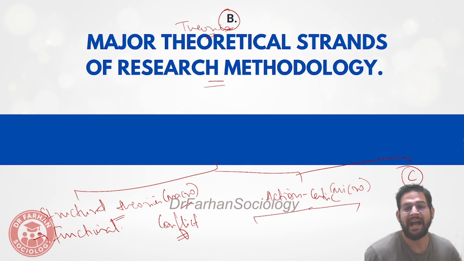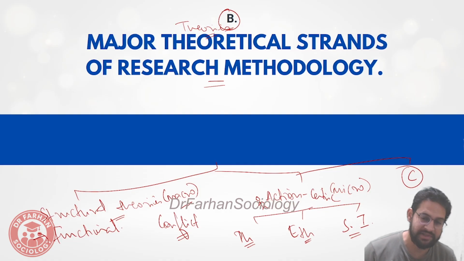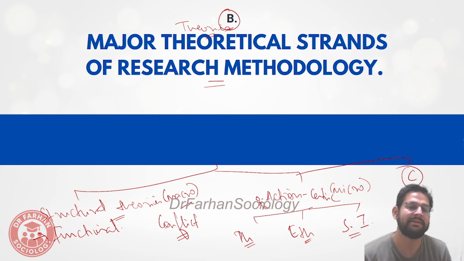And then there are action-centric theories. What are action-centric theories? They are trying to look from an individual view. One most popular theory is phenomenology. Another popular theory that we have is ethnomethodology, and there is something called symbolic interactionism. You need to refer to your notes. You need to go and check out your class notes. Take a look at what is symbolic interactionism. If you want me to explain these topics in detail, let me know in the comment section. I will explain it over there. But right now, I do not have time to go into details of phenomenology, ethnomethodology, and symbolic interactionism.